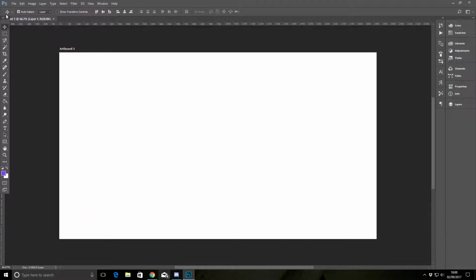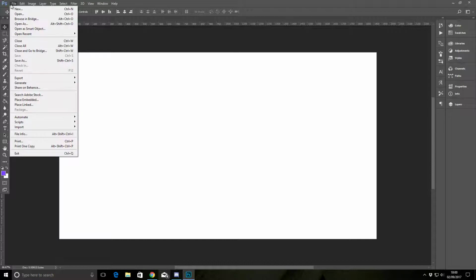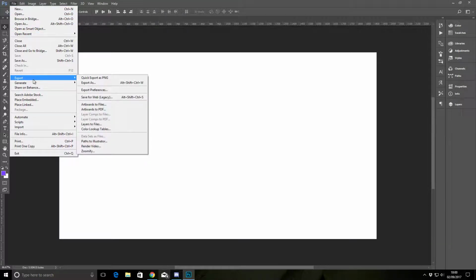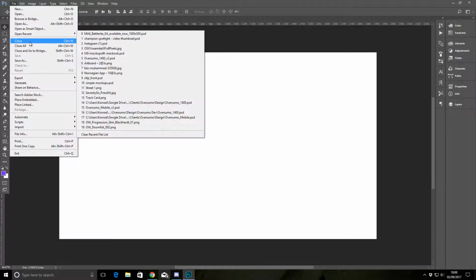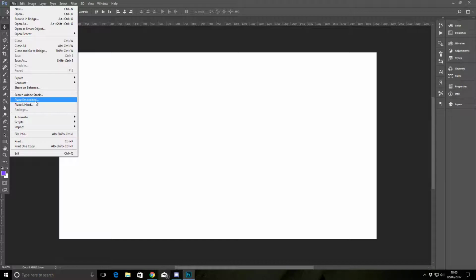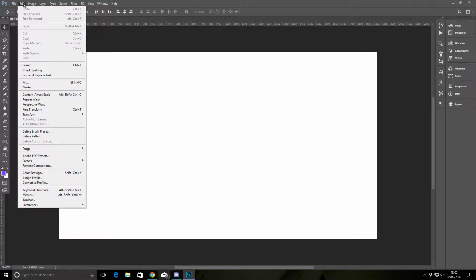So the first thing I'd say is where everything is. So file, nothing is really ever going to be useful here for you apart from, let's see, recent, nothing really. You don't have to worry about how you can place link stuff here, but it's irrelevant. Edit. Now this is something you're going to use quite a lot when it comes to UI design and web design. So for example,